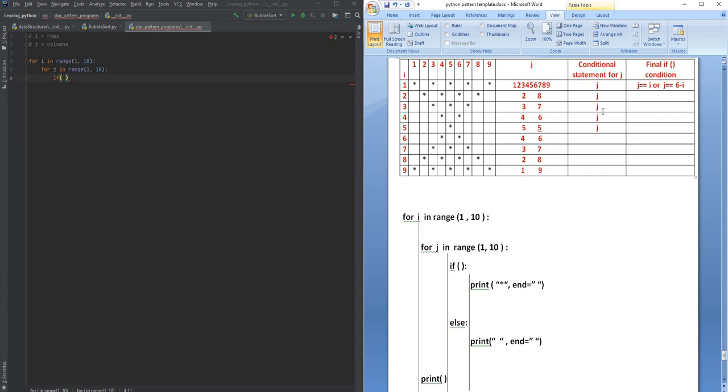Okay, now the J condition for when I equal to 1 would be like this: J should be greater than or equal to 1. Along with that J should be less than or equal to 9. Okay, just like this I'm going to write the conditions for all the indexes of I. So when I equal to 2, J should be greater than or equal to 2, and J should be less than or equal to 8. Now when I is 3, J should be greater than or equal to 3, and J should be less than or equal to 7. Similarly, when I is equal to 4, J should be greater than or equal to 4,